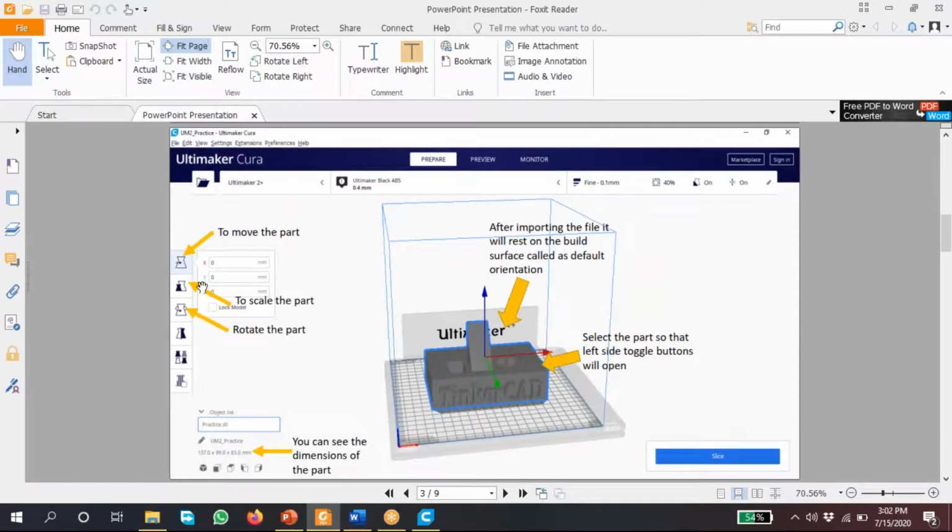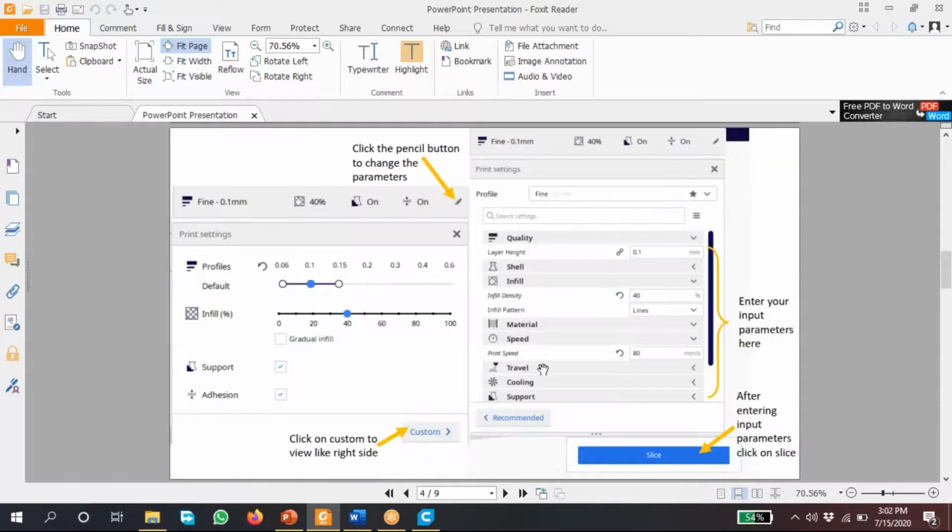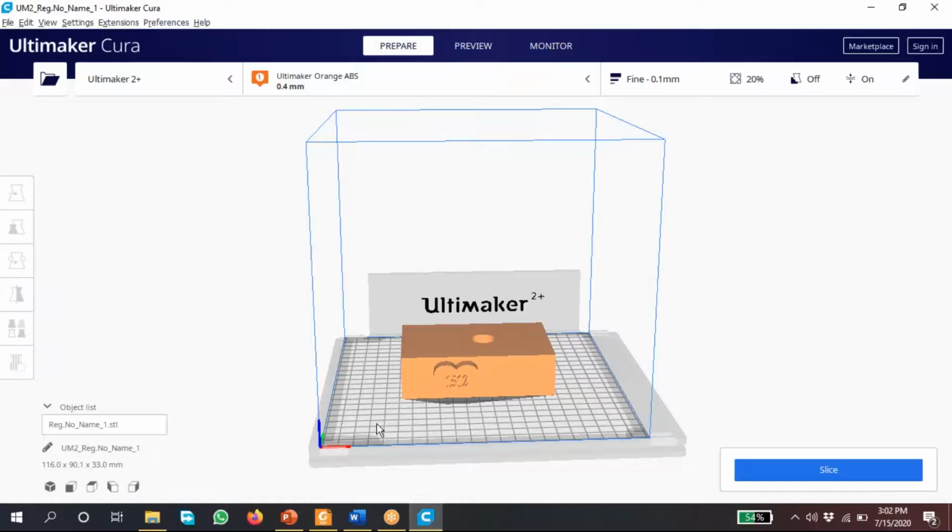Yeah, this is the move part and rotate, scale it. We did that. You can see here the part is laying on the platform. How can we identify that the part is resting on the build platform?